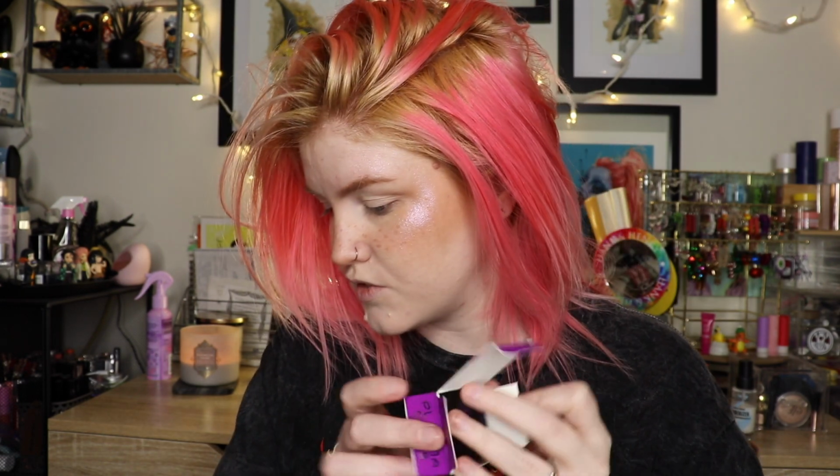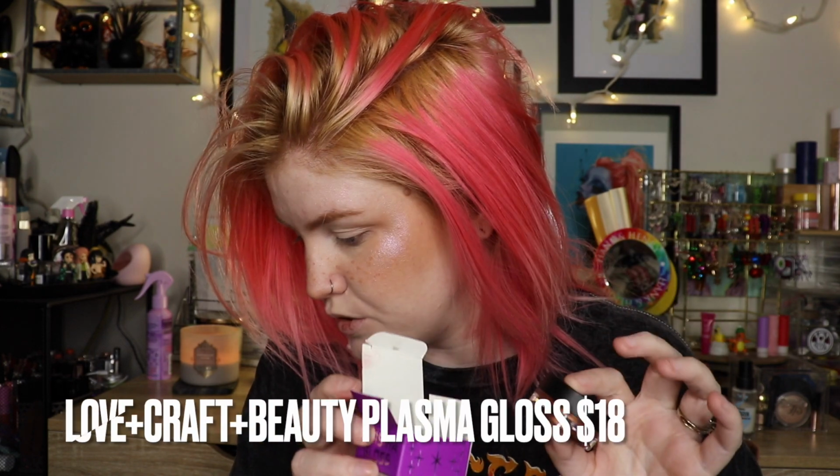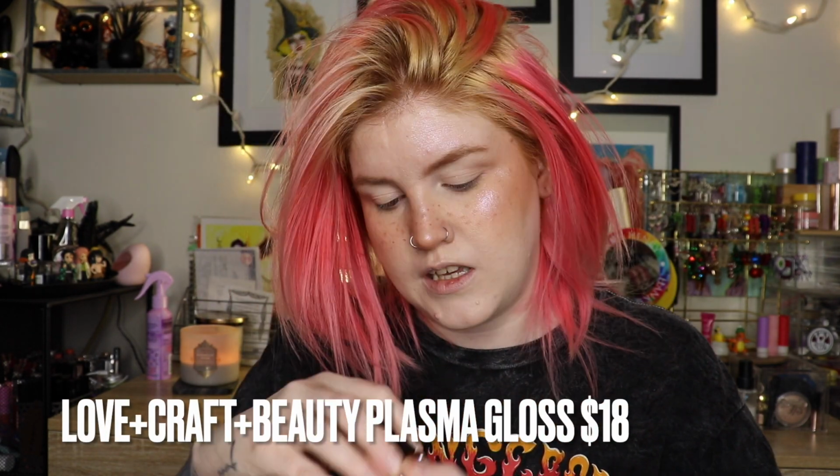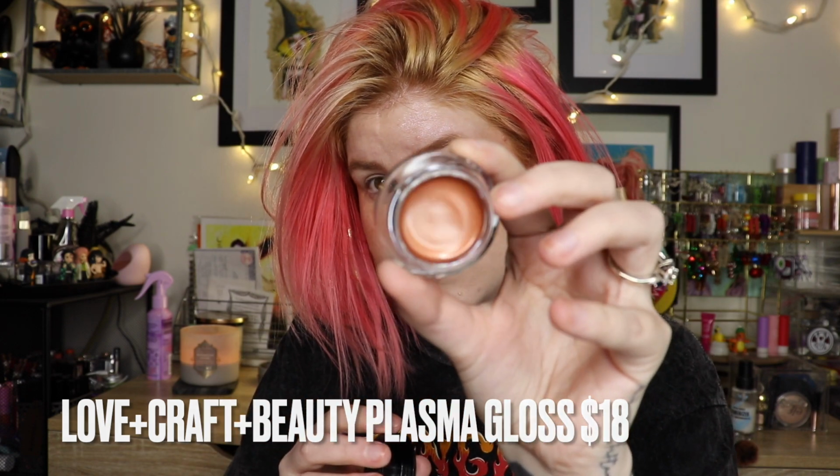The last two items, I actually never heard of them before, but this first item is from Lovecraft Beauty. It's the Plasma Gloss in the shade Quasar Goo, and it looks like this. It is a new launch from the brand. It's $18. It says it's an all-over iridescent bronze gold gloss that you can use on the eyes, cheeks, and lips. Personally, I think this would be too dark on me for my cheeks,